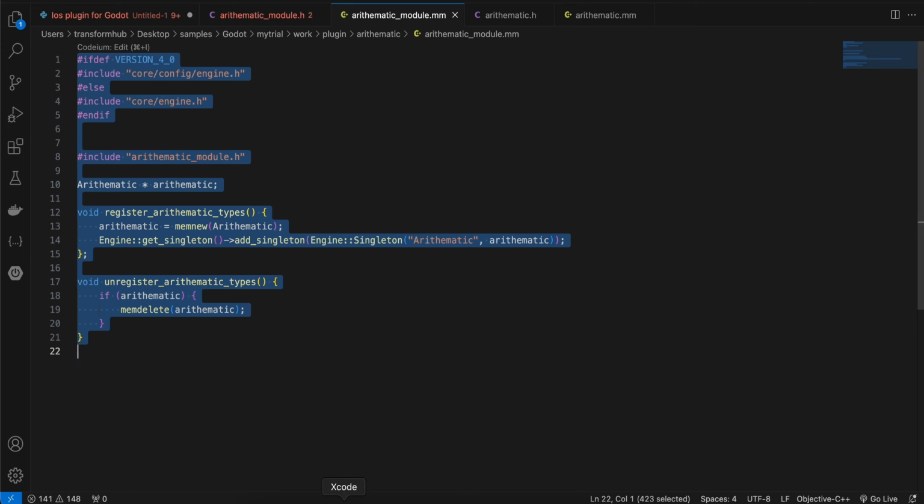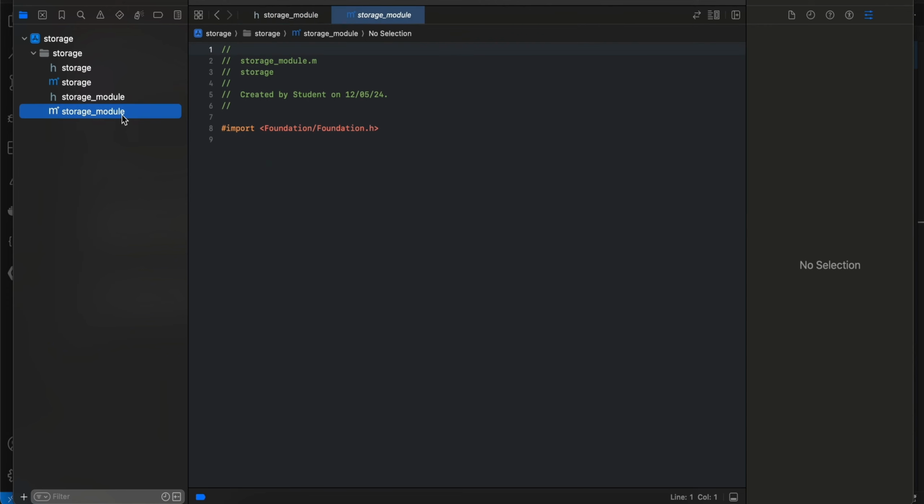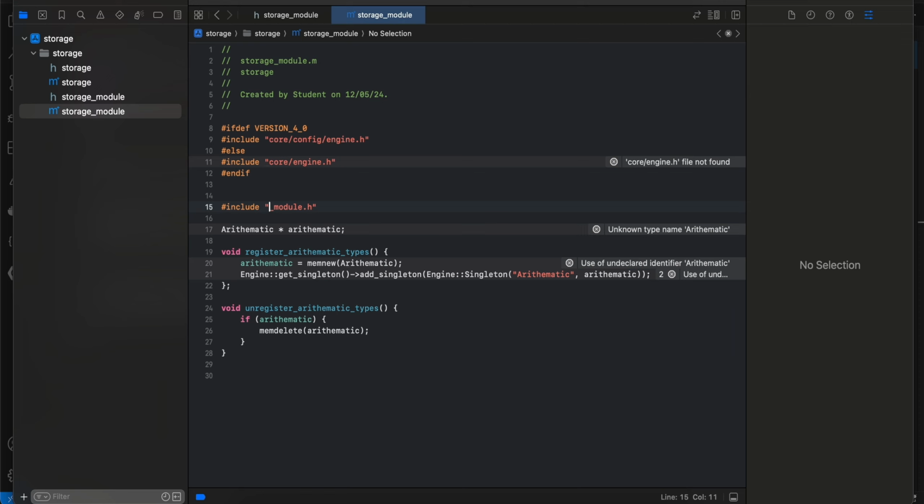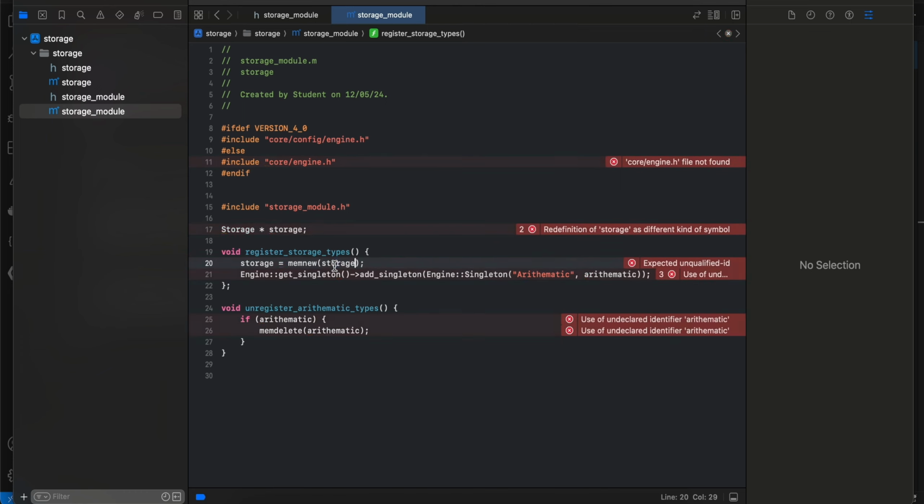Again, this is all boilerplate code, don't worry about it, you don't really have to understand it. So I'll just paste it over here. Again, I'll just take this, and here instead of arithmetic, just name it as storage, but S capital. Okay, then here also storage, then here as well S capital,